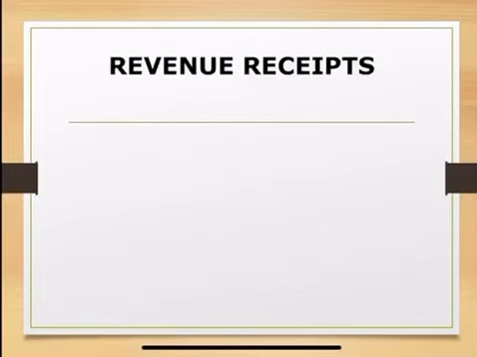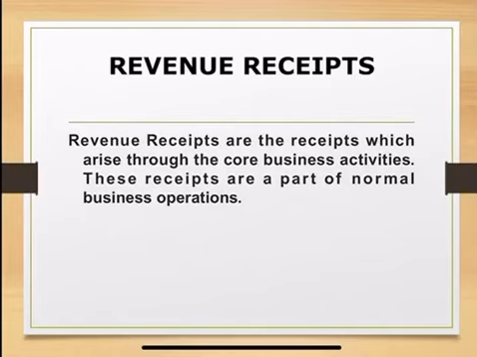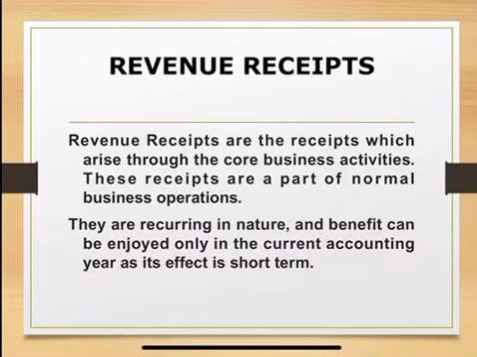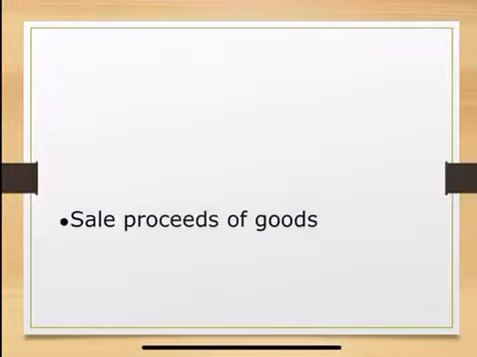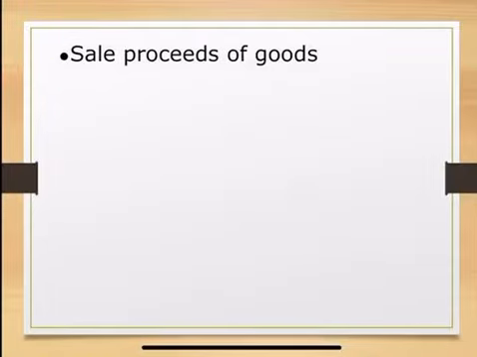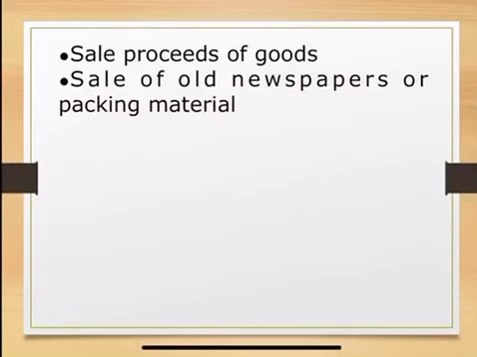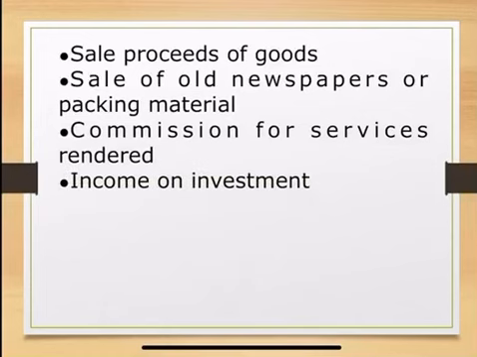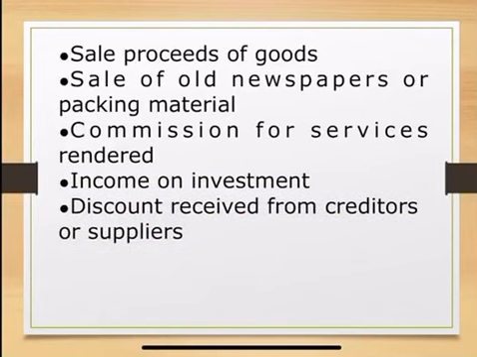Now, what are the revenue receipts? Revenue receipts are the receipts which arise through the core business activities. These receipts are a part of normal business operations. They are recurring in nature and benefit can be enjoyed only in current accounting year. For example, sale proceeds of goods, sale of old newspapers or packing material, commission for services rendered, income on investment,